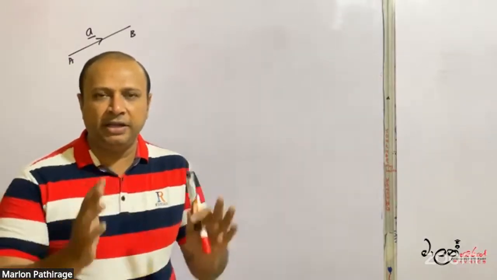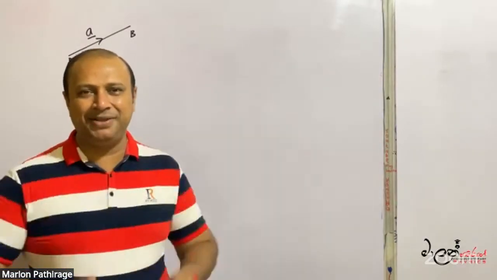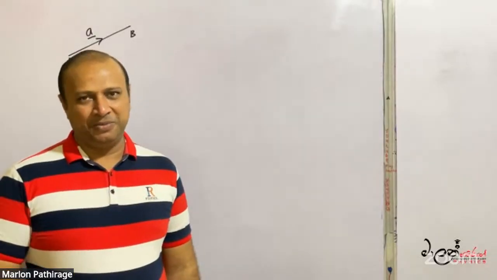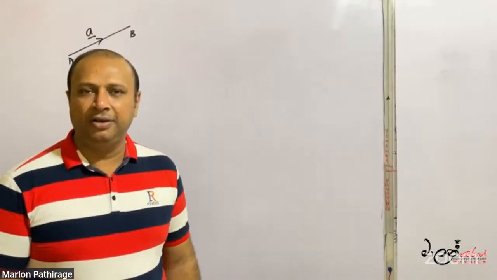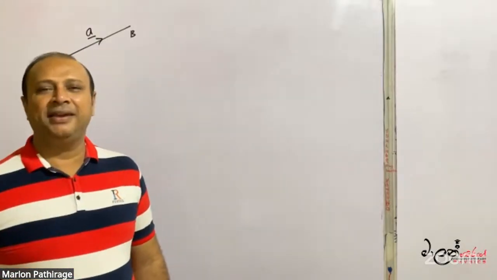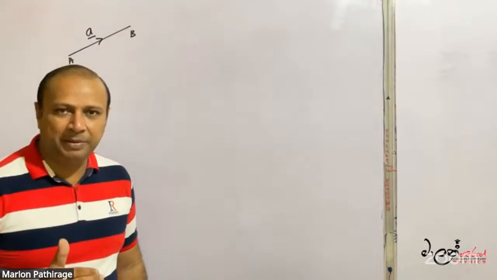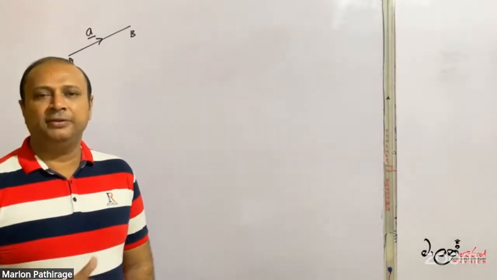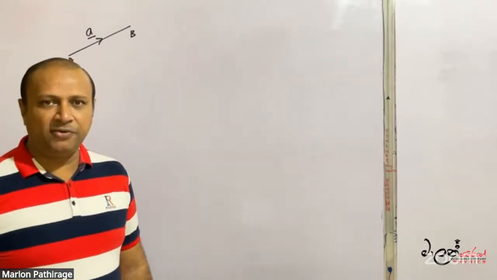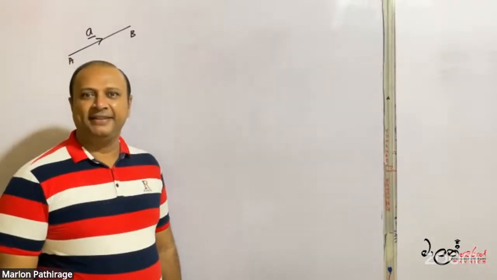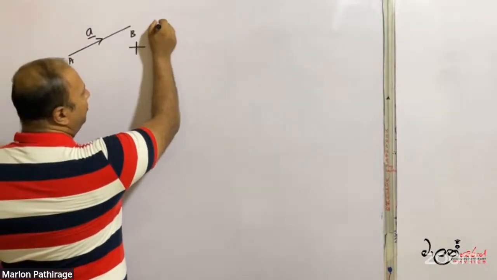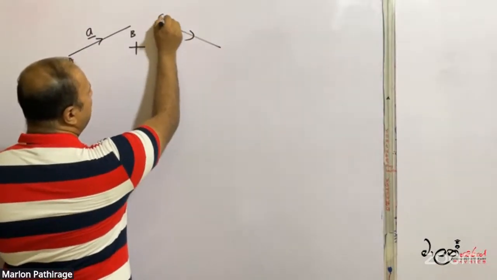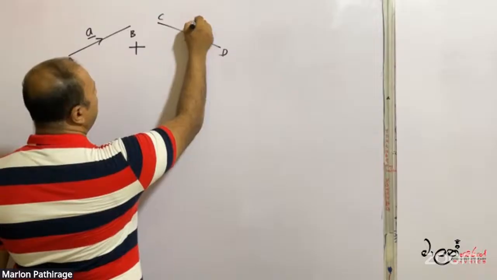All the derivations are based on that basic principle. Not only that, the vector polygon law and the vector parallelogram law are also based on that principle. Therefore, that is our base. Therefore, if you are given more than two vectors,